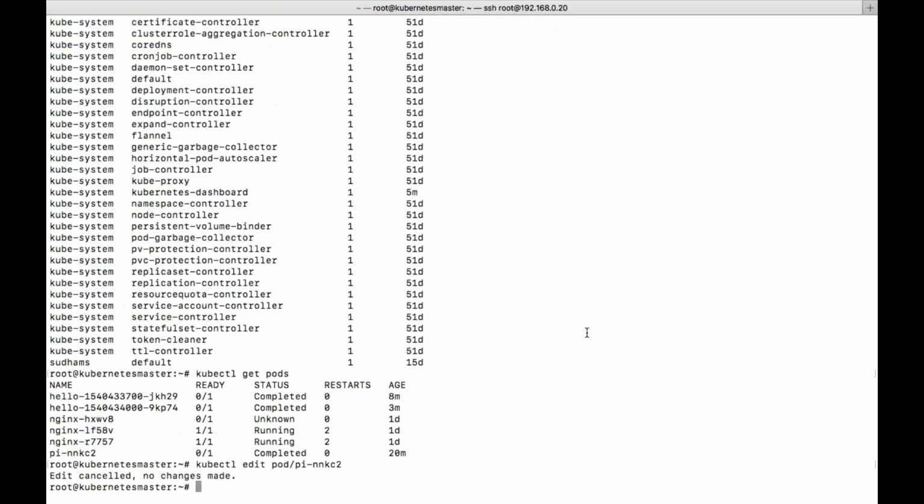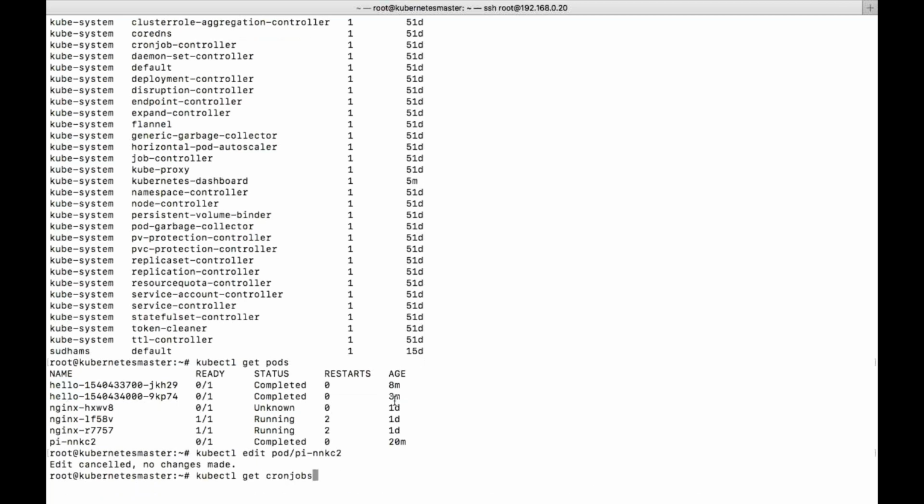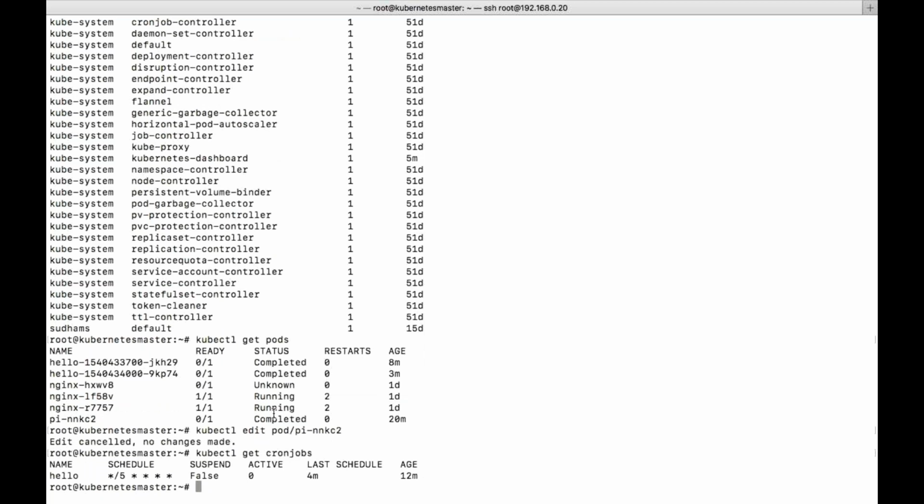So here you can see the cron job which was created, hello and all. Two have been created because we have crossed more than 10 minutes, I guess. Maybe let me share. Yeah, 12 minutes, right? So that's the reason two jobs have been created. You can see here hello and hello. So the job has been completed. One is 3 minutes ago, in the sense it is almost 5 minutes, and one is 8 minutes ago. So this is how the cron job has been created, and this is the dashboard which we have.